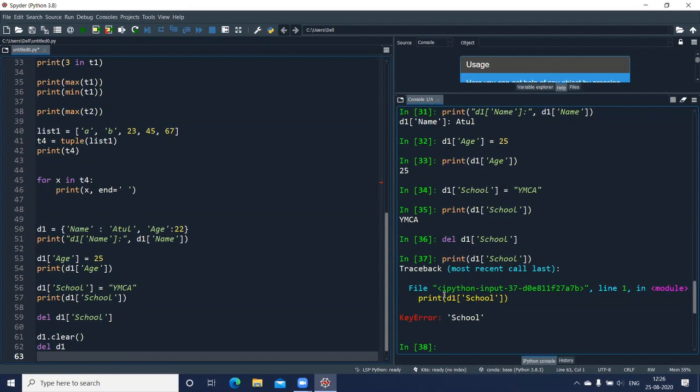Secondly, your keys must be immutable. That means you can use strings, immutable numbers or tuples. These are immutable keys. Whereas you cannot have a list as a key. You cannot have a list as a key. Thirdly, there's no value restriction in a dictionary. Either you can have the inbuilt Python objects or standard objects, or you can also have some user-defined objects as a part of your dictionary.